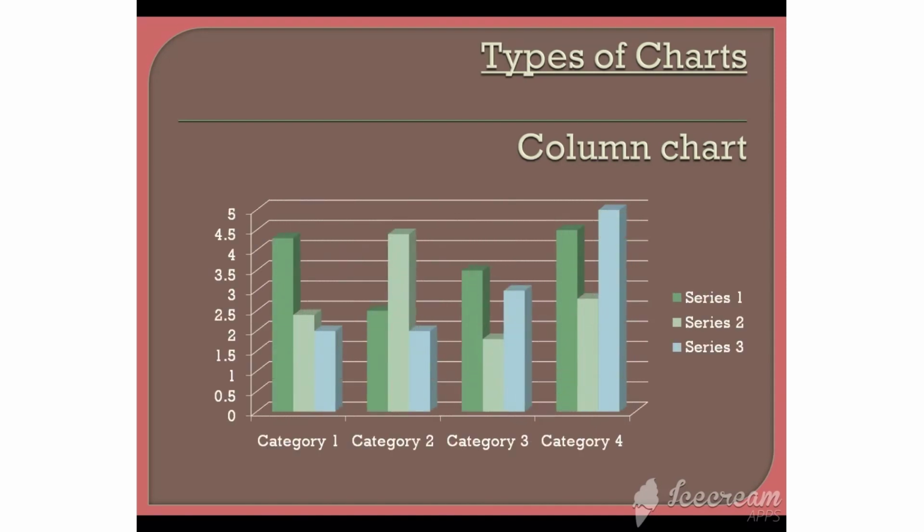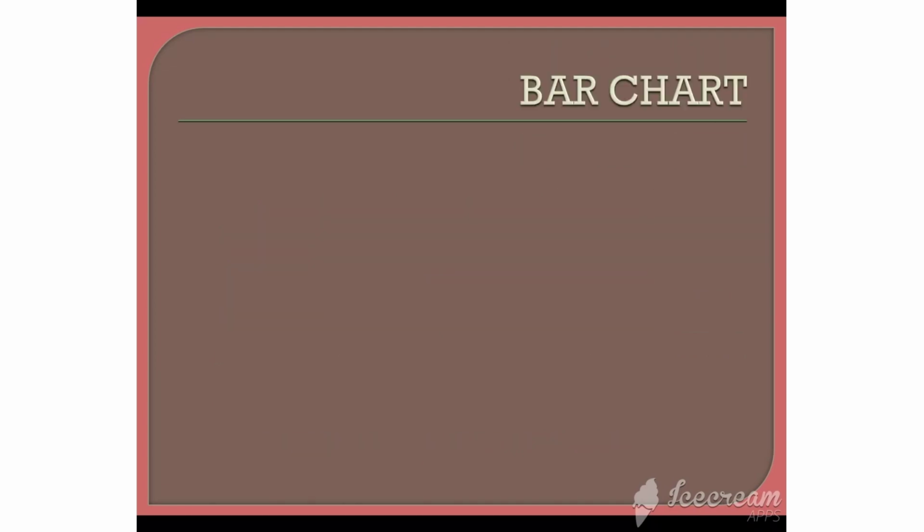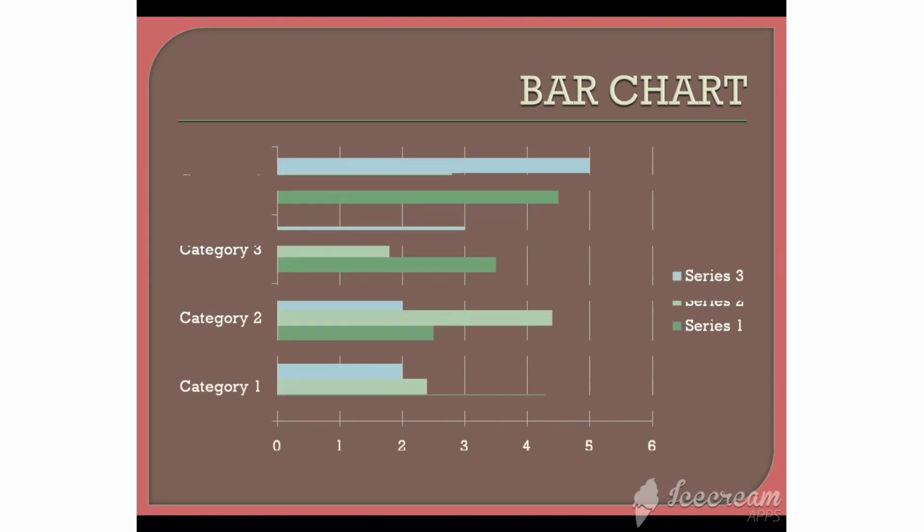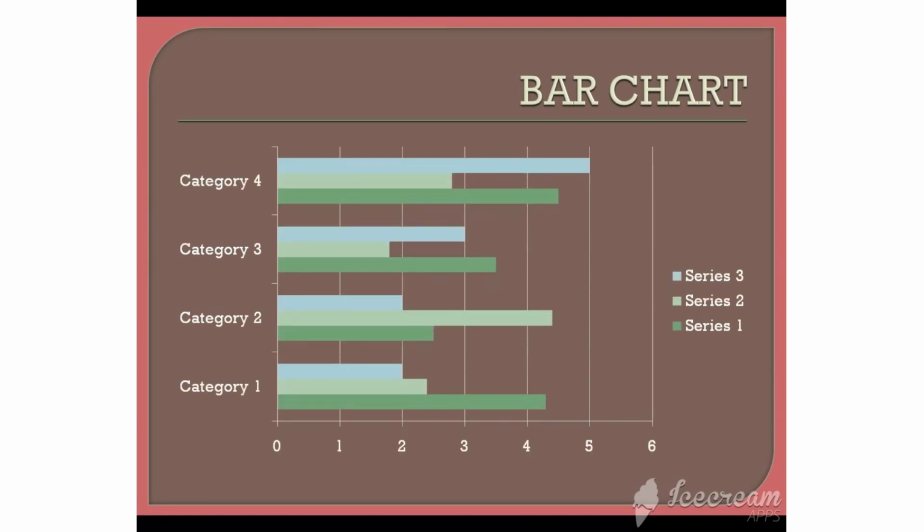Here we have some types of chart. First is the column chart. A column chart displays the data in the form of vertical bars which change over a period of time and compares various items. A bar chart can be represented in a tabular format as well as in the pattern of columns. It shows the data changes over a period of time and comparison with some specific or individual items.